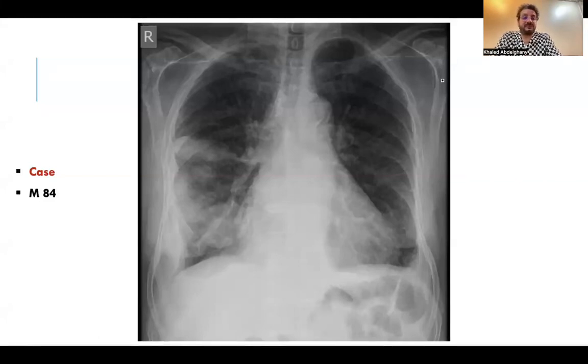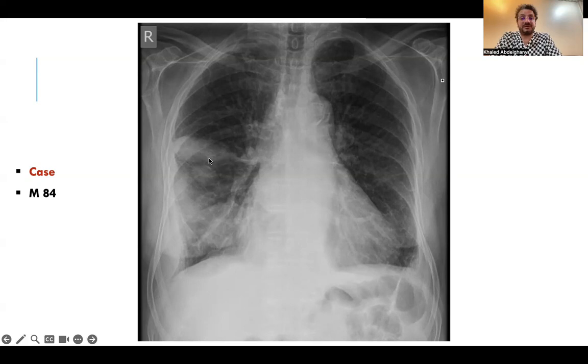We have a male, 84 years old patient. The patient was sent to do HRCT because of suspicion of tumor on the right lung. What we can see here in this X-ray is a lenticular-shaped homogeneous opacity along the course of the minor fissure, which can lead us to the diagnosis of pseudotumor of pleura, due to accumulation of pleural effusion extending